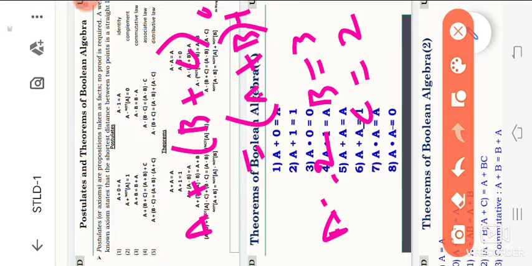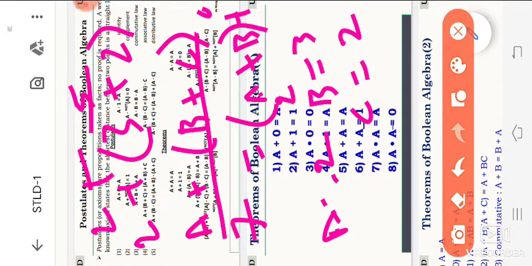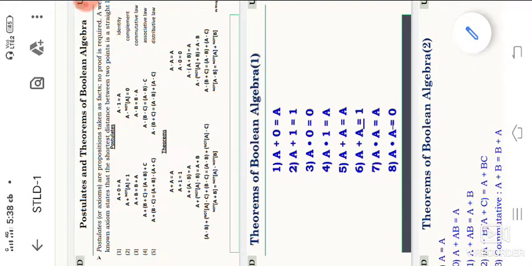We have applied the A, B, C values. So that means 2 plus, what is the B value? 3 plus 2. That means here totally 5, plus 2, total 7. This is the value for the left side. We have to apply the same values here. 2 plus 3 plus 2. So the same, we are getting 7. So this is the associative law.